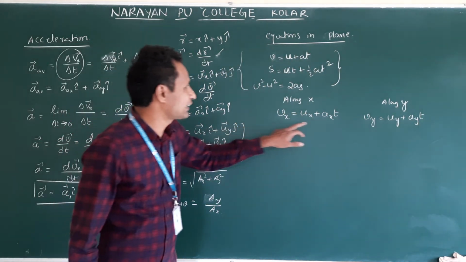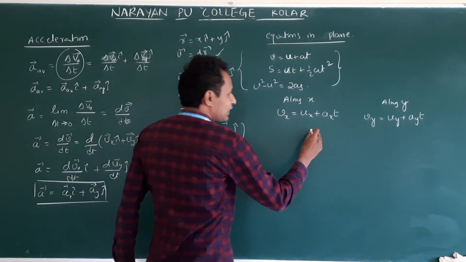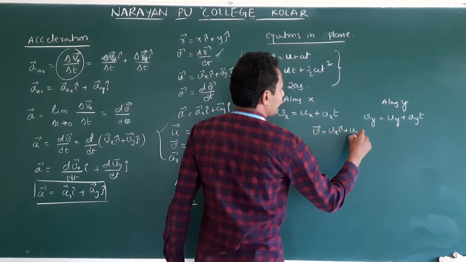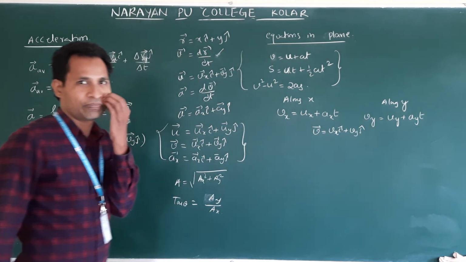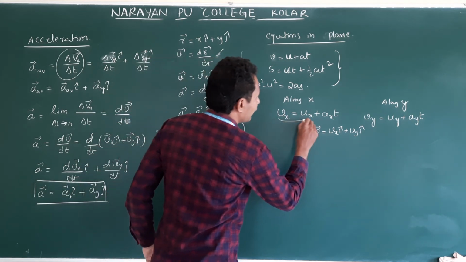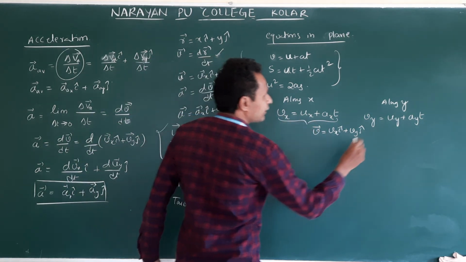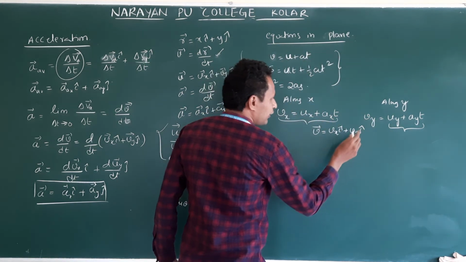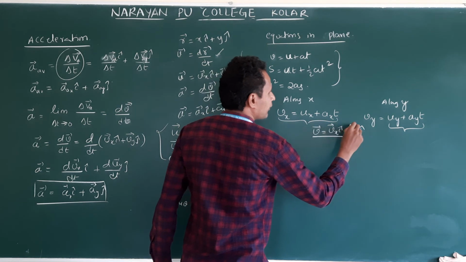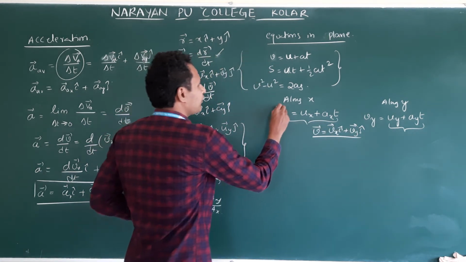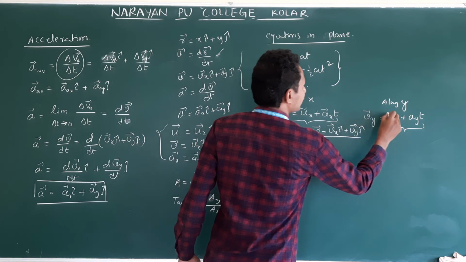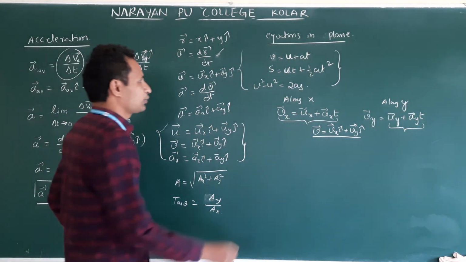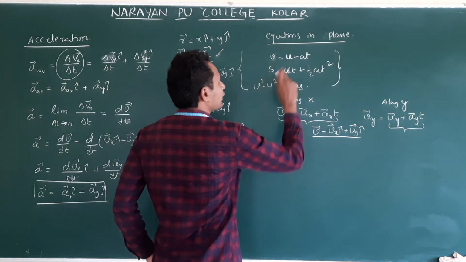Now we have vx and vy. Then how do you write the velocity vector? V is equal to vx i cap plus vy j cap. Understand? We will calculate vx using this formula, we will calculate vy using this formula, and vx and vy we will substitute in the vector. Clear? Of course, these are all vectors. You can write like this. Time is not a vector. Okay? So velocity is over from the first equation.